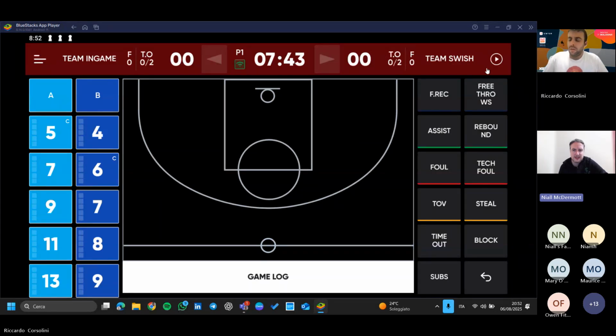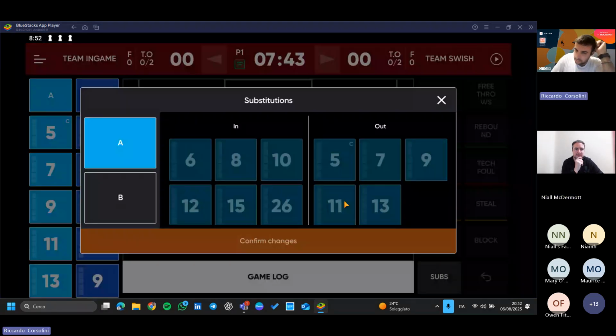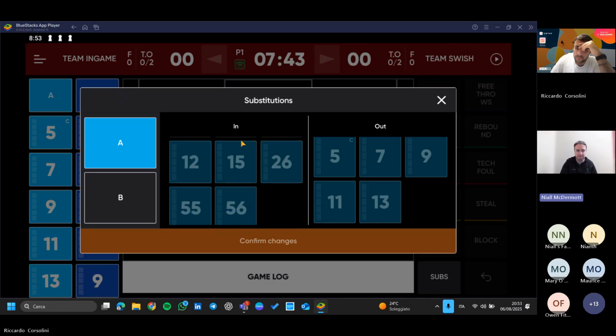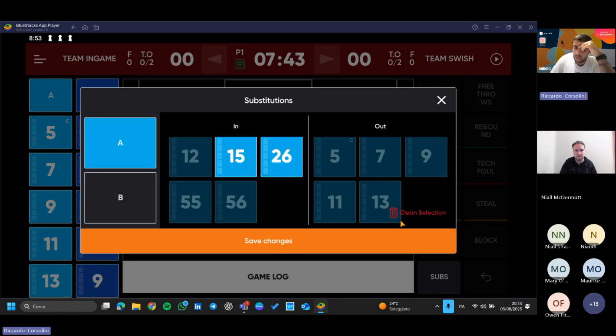So she's saying that when you're using the pending subs, the clear selection option sometimes covers one of the player's numbers, and accidental clear selection happens sometimes in live matches. Yeah, it can happen. It depends on the screen of the tablet. We are trying to correct this one. Like you see, clear selection goes directly to the five on court. So yeah, we're trying to clean